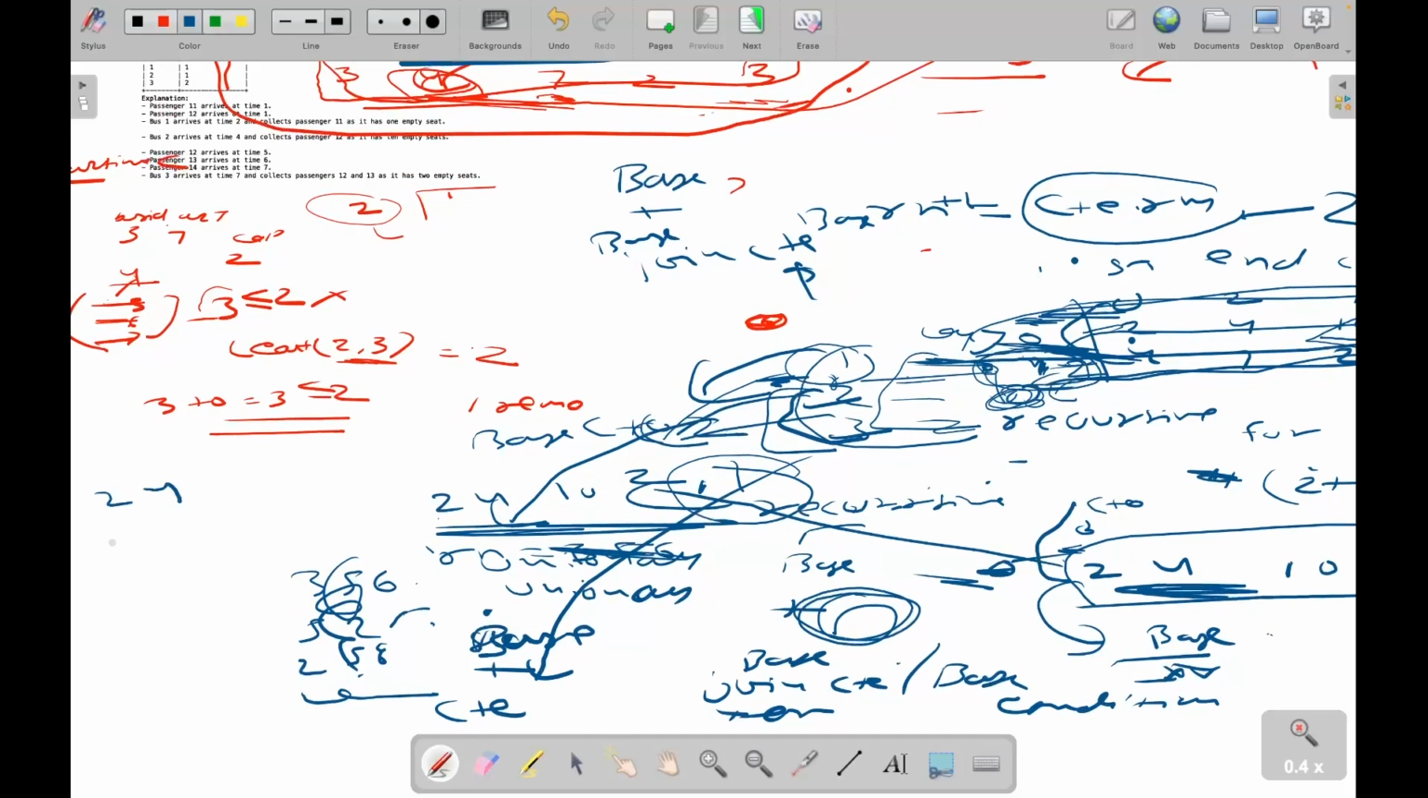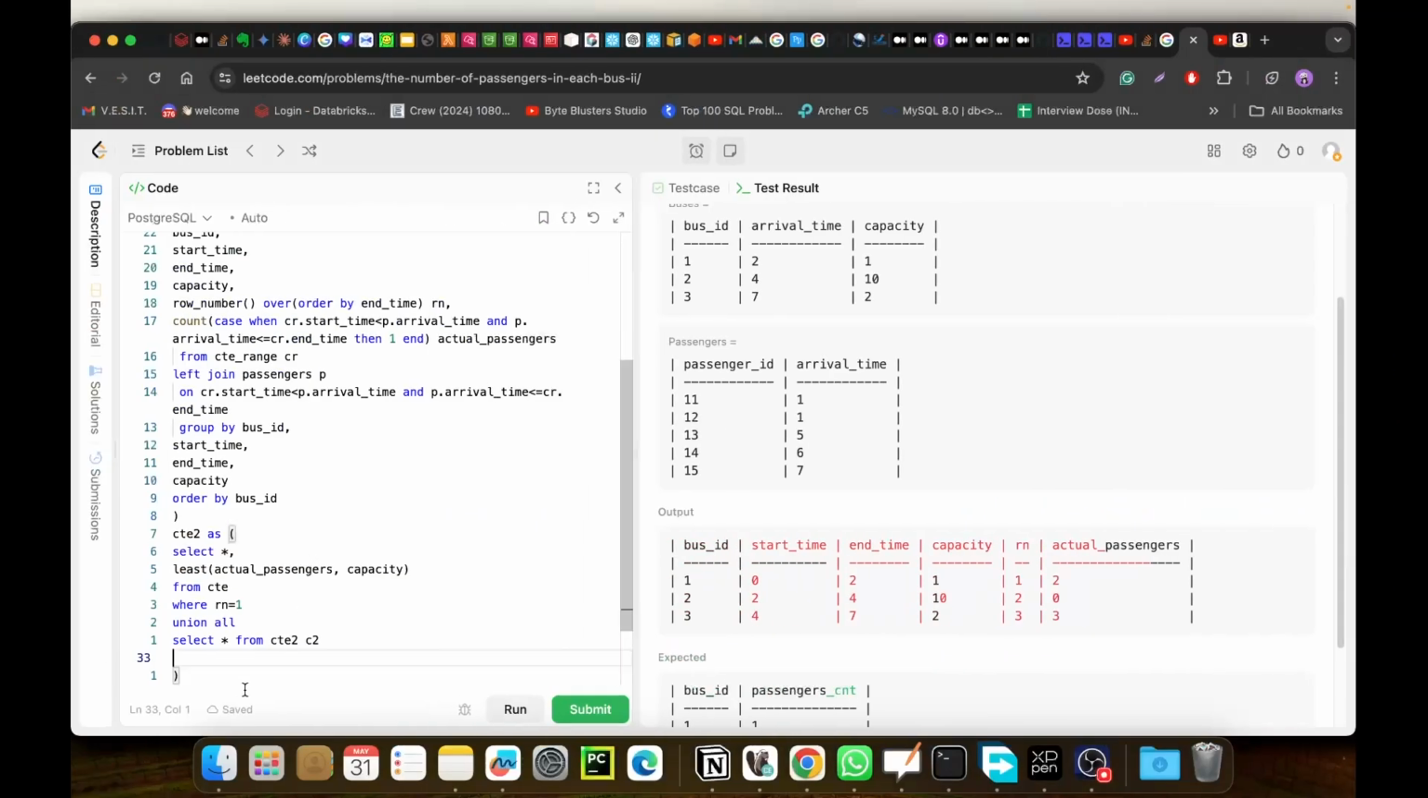0 2 is there and 2 4 will come here. Likewise 4 will come. So we'll prepare with this condition. We have created the recursive